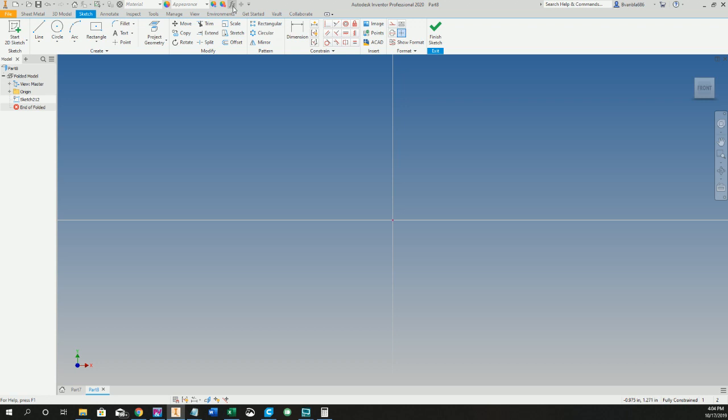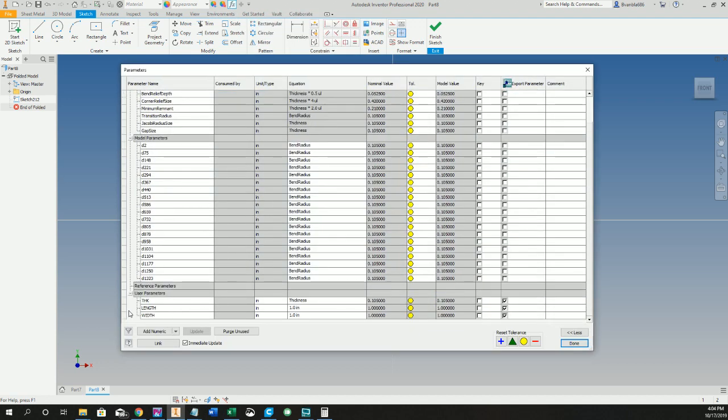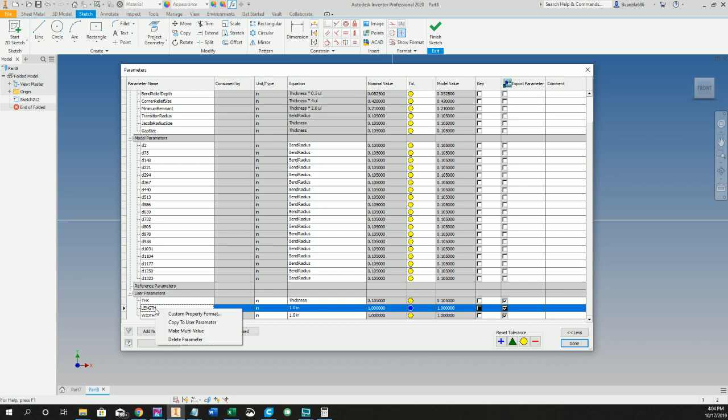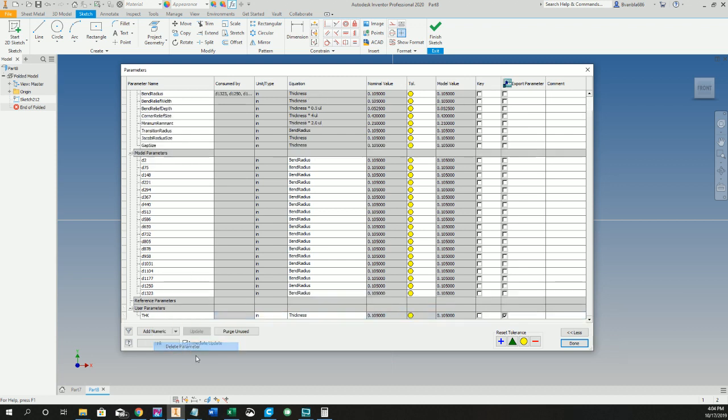We're going to go into the f of x, the parameters. We're going to scroll down. The first thing I want you to do, majority of the time, if you're going to be flattening a part out, you want to right-click, not left-click, right-click on that variable and delete that parameter. The reason why we do that is when we do the flat pattern, we want the length and the width to be the actual flat that's being cut out. So let's go ahead and add a few